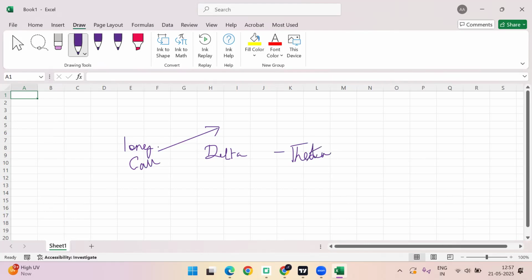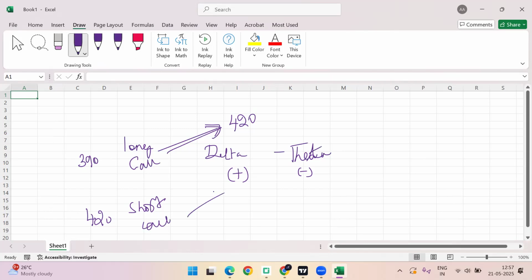Okay. So here, if the price increases from the current level to let's say 420, the delta will work in my favor and due to theta factor, it will slightly reduce. Meanwhile, the 420 call, which I am short,